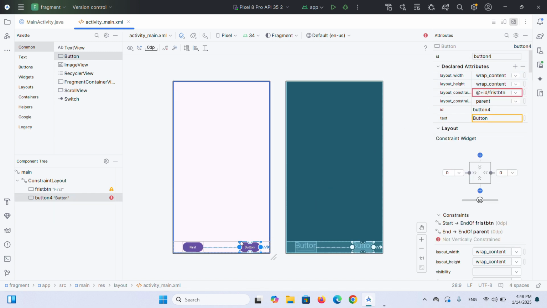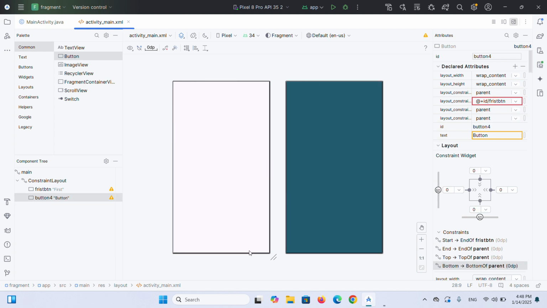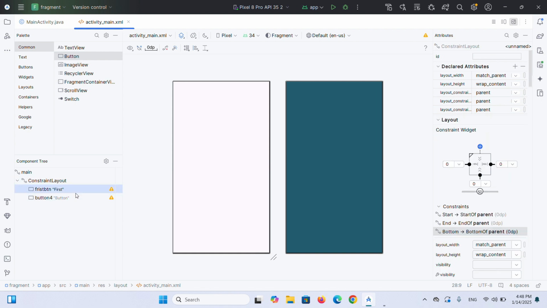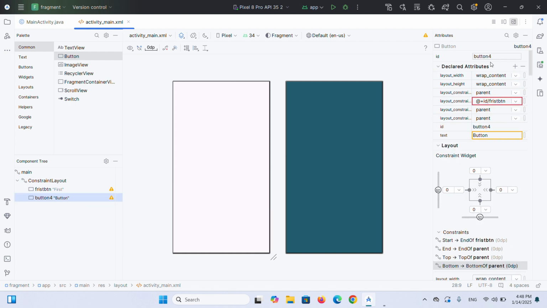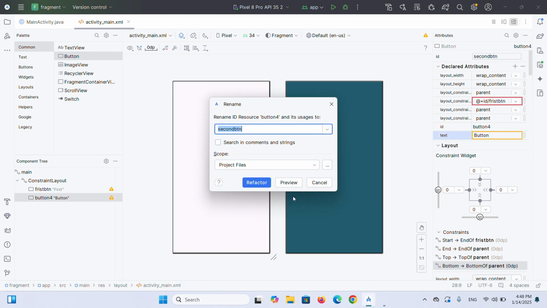Let's change the ID of the second button into second button, and also change the text of the second button